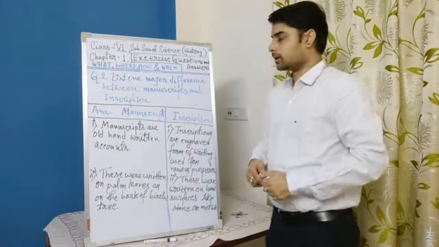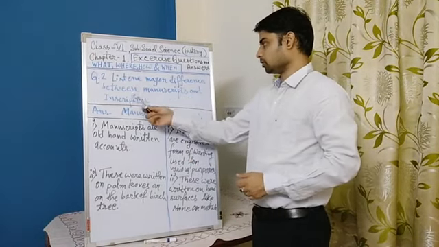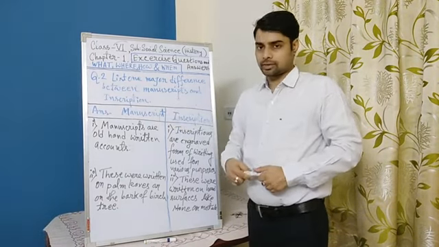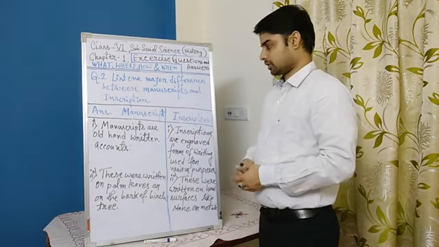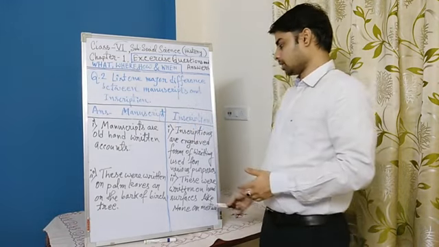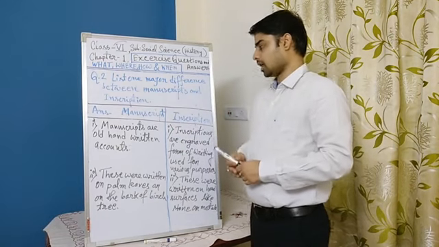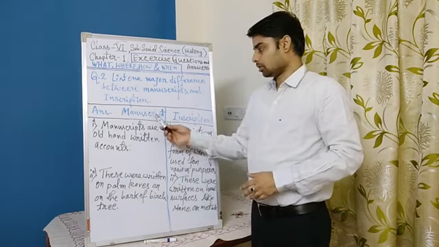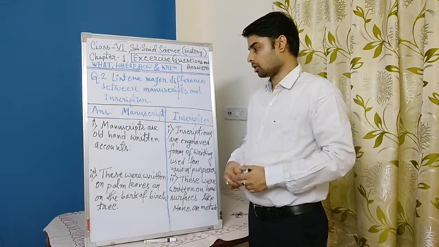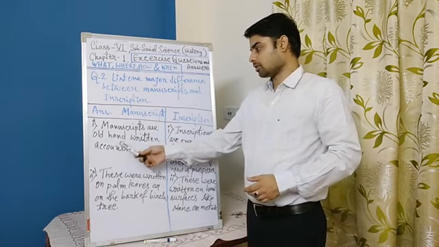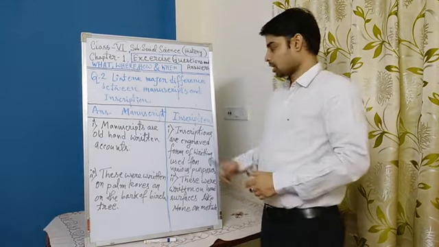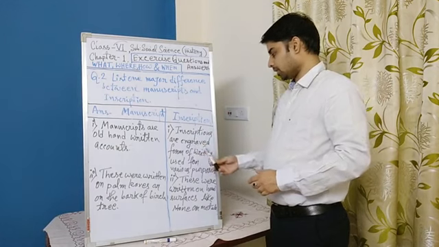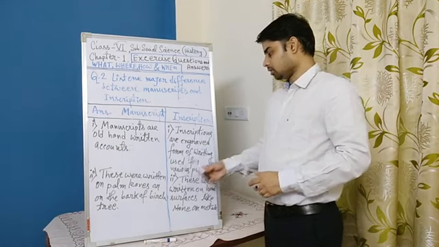Now the next question: list one major difference between manuscript and inscription. The question is to list only one major difference, but I will give you two differences. So first make a box like this and make two columns, one for manuscript and another for inscription. Now in the box of manuscript, start writing number 1, manuscripts are old handwritten accounts. And on the side of inscription, you should write number 1, inscriptions are engraved forms of writing used for